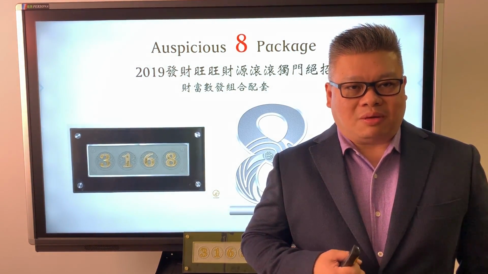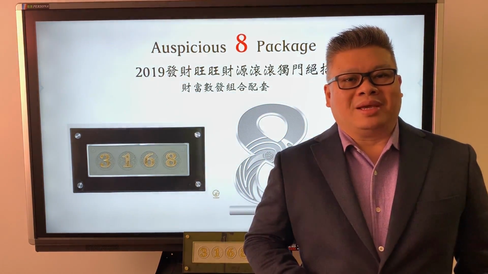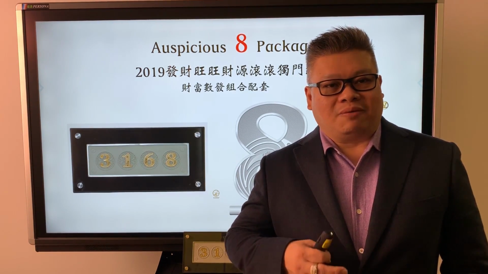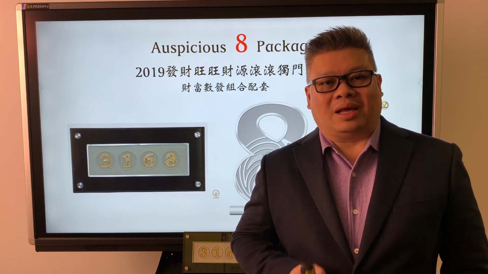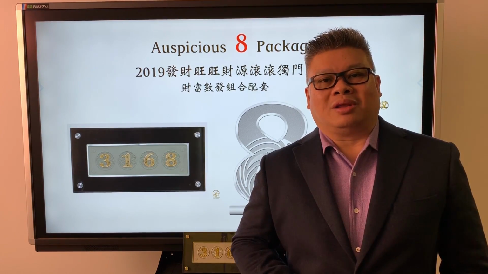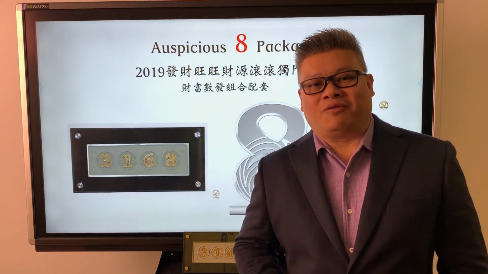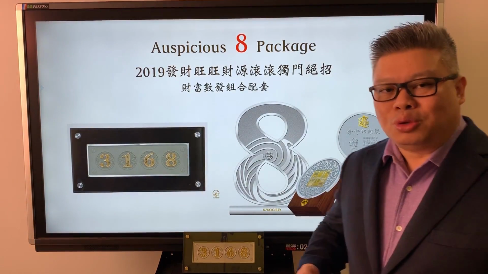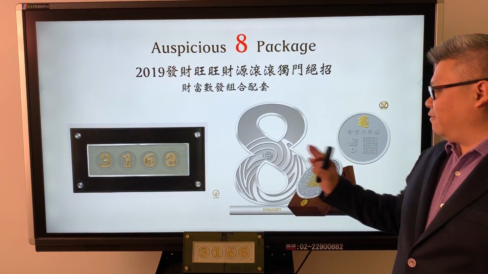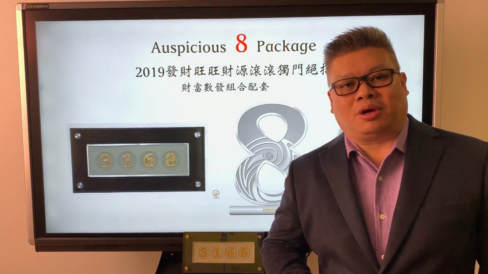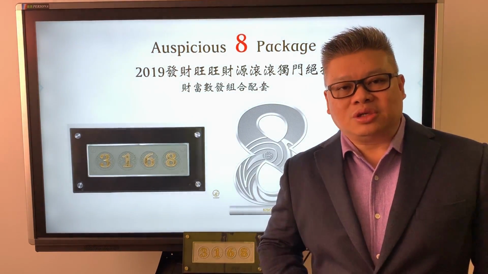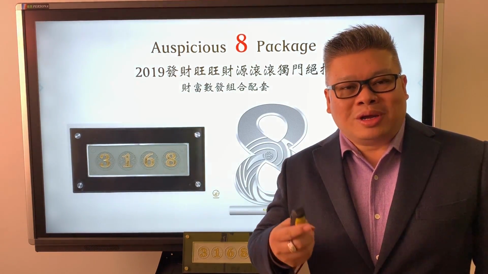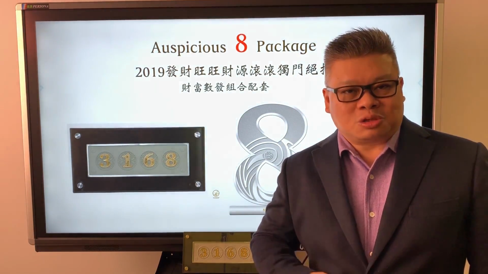It is a very, very important year because 2019 is something that occurs in probably 180 years. It is a very complicated calendaring system that has been passed on year by year from our ancient forefathers, so it has been around for at least a few thousand years. Without further ado, you can see that over here we have 3 main products. I will tell you about their usage, their functions, and also how to apply them and make full use of them to harness the true power of this Auspicious 8.